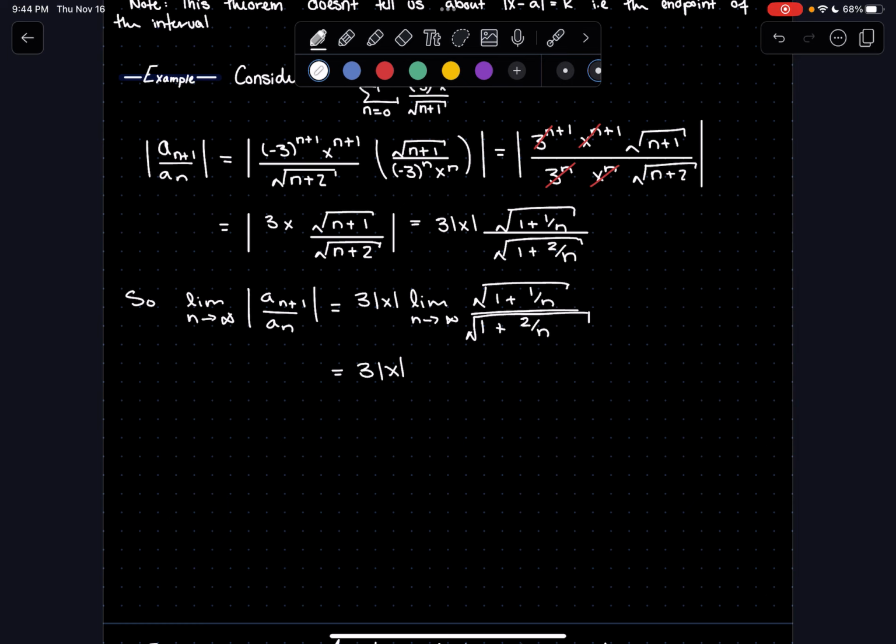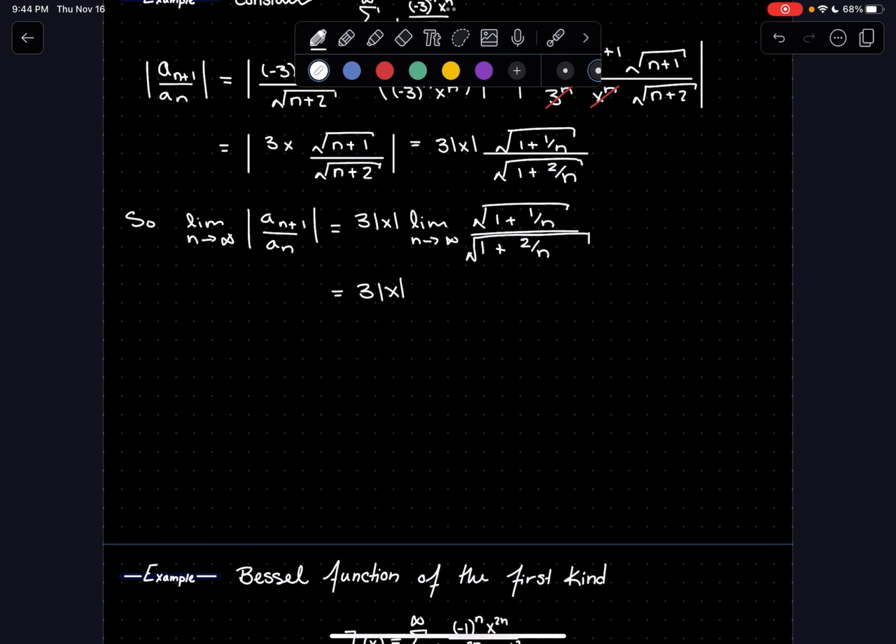Okay, so what's our condition for convergence, right? We require that this is less than 1, right? And so that implies that the absolute value of x is less than 1/3, right? Divide by 3. So this is our radius of convergence, right? X minus a. In this case, a is 0, right? So this is the absolute value of x minus 0 is less than 1/3, right? So our radius of convergence